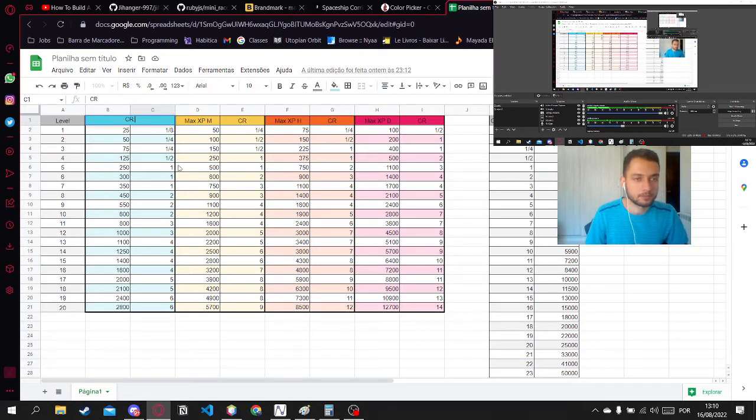Alright, so these were taken from the D&D rulebook. For example, on level 1 you have enemies with a challenge rating of 1/8, and they have a max experience of 25. This is from the actual D&D books, and we're going to use these values here. I've already done it. So this is for the minimum, this is for the maximum, and this is going to be used for